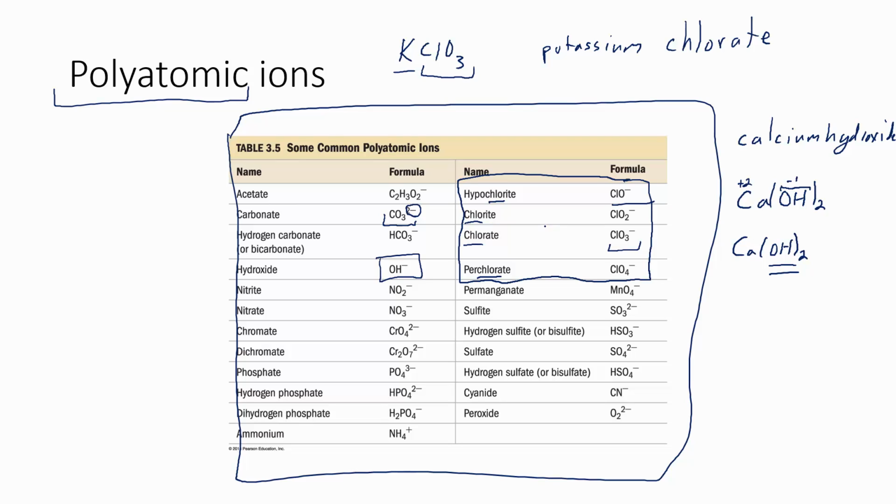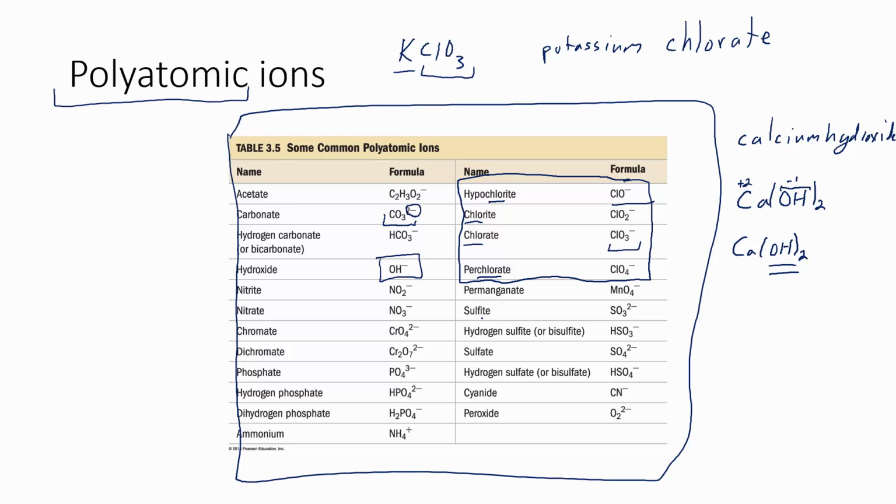Ite means less, so 2 versus 3. Ate means more, 3 versus 2. And per, like hyper, means excess energy. Per-ate means even more than ate, or in this case, 4. Now, keep in mind,